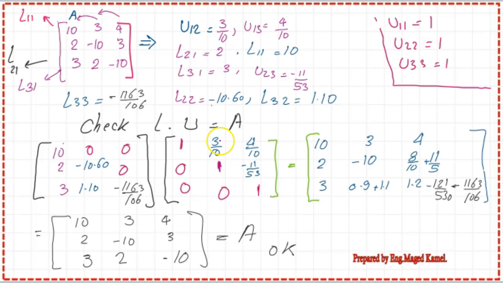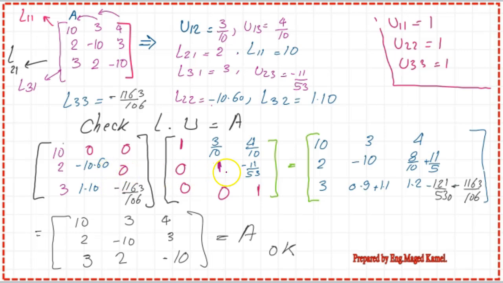We have here 3, and 10 by 4 over 10, we get 4. And for here, we have 2 by 3 over 10 is 0.6, minus 10.6, we have minus 10. And 0.8